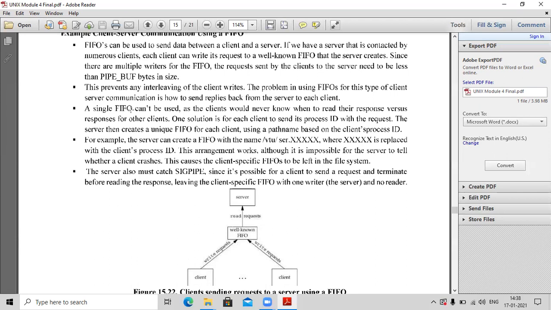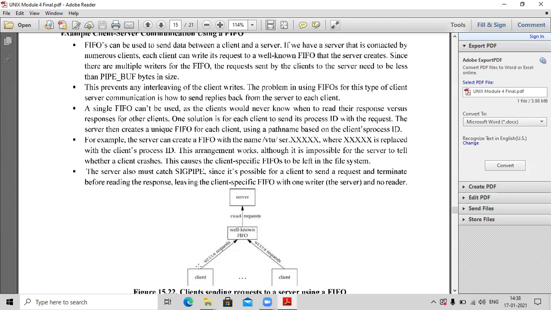That is what has been stated here. A single FIFO can't be used, as the clients would never know when to read their response versus responses for other clients. One solution is for each client to send its process ID with the request. Each client will send a process ID with its request. The server then creates a unique FIFO for each client, using a path name based on the client process ID.